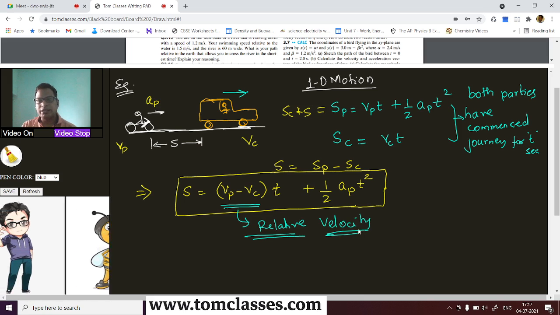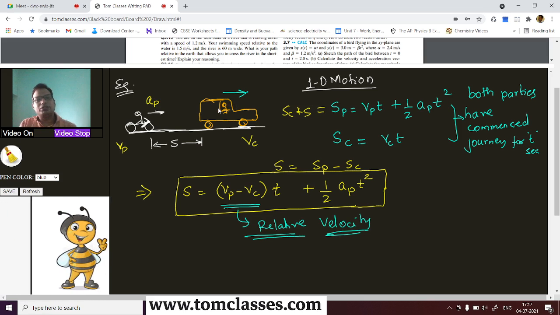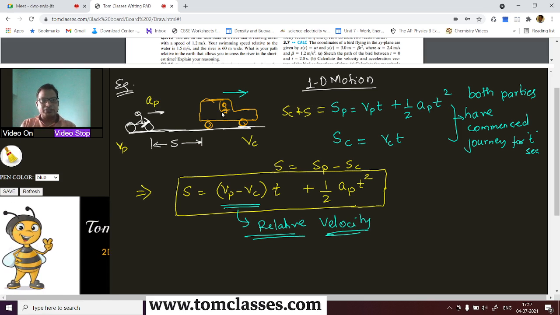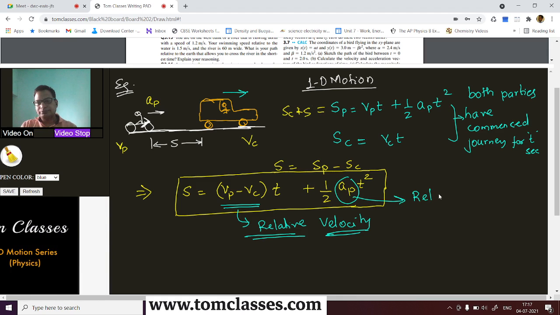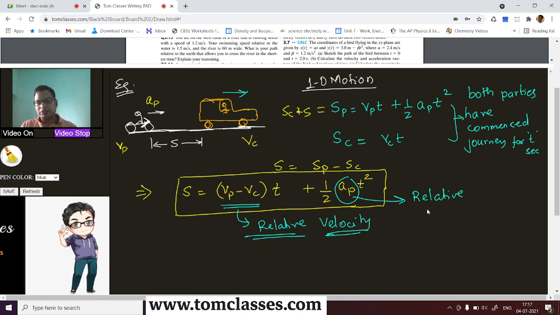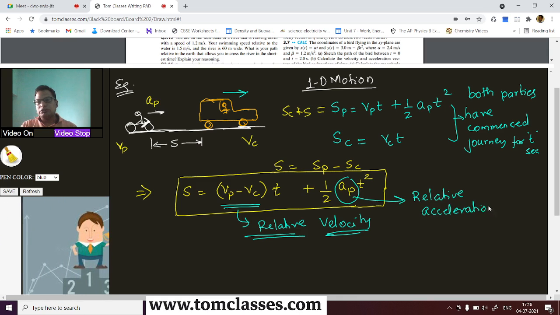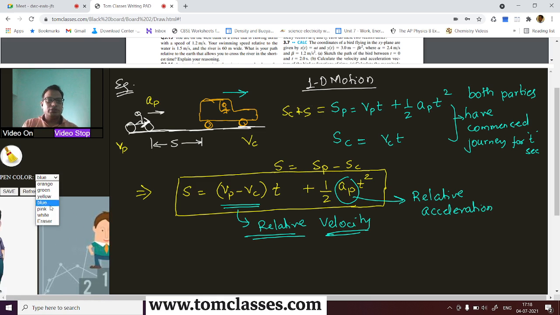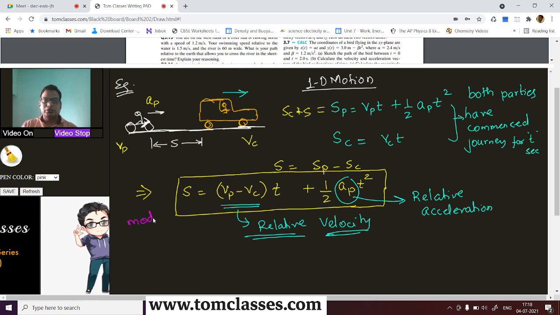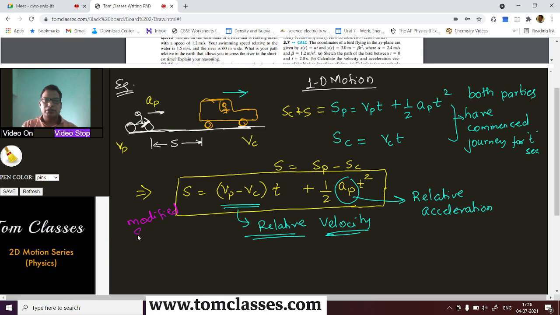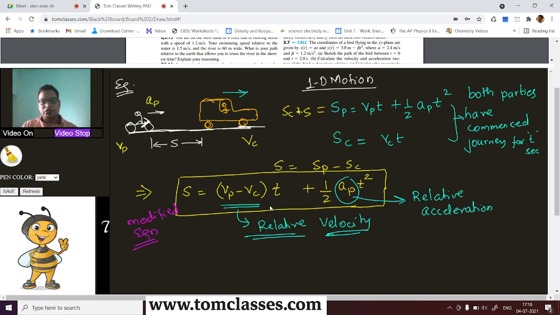Here also, suppose this particular criminal would have been oscillating, so there is some scope to oscillate. Here this is going to be a relative oscillation. So here we need to do some modification. These modifications are needed, a modified equation. Like that we are going to apply this particular concept.